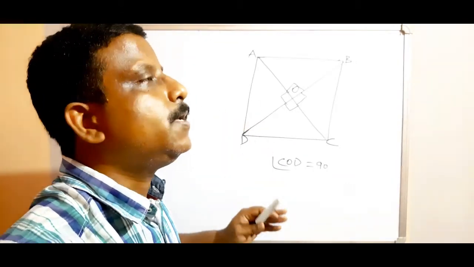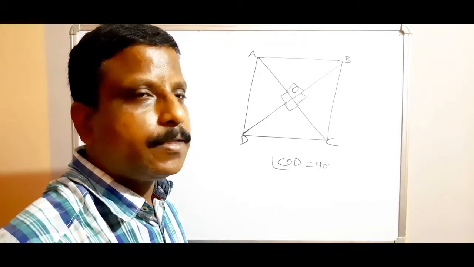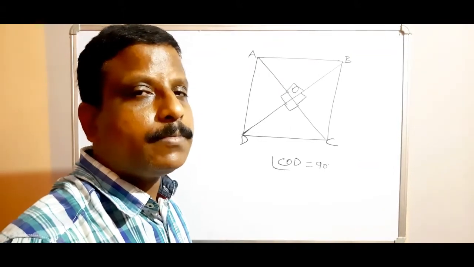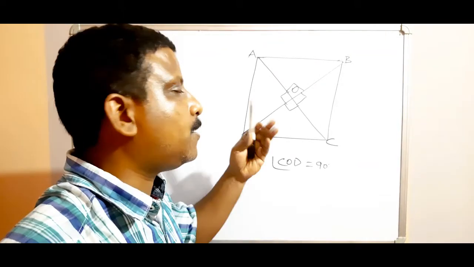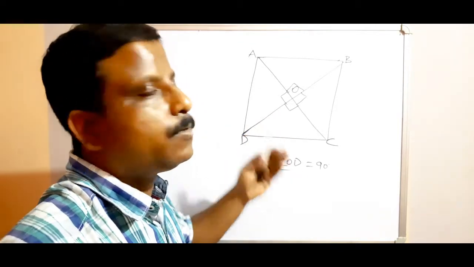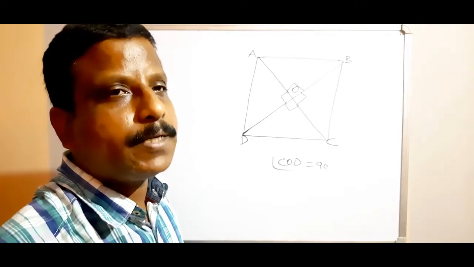If a question asks for the properties, only that the rhombus diagonals intersect at 90 degrees may be given. Bisecting is not mentioned, but you have to remember that in a parallelogram the diagonals bisect each other. So a rhombus also satisfies all the properties of the parallelogram, so in a rhombus the diagonals also bisect each other at 90 degrees.